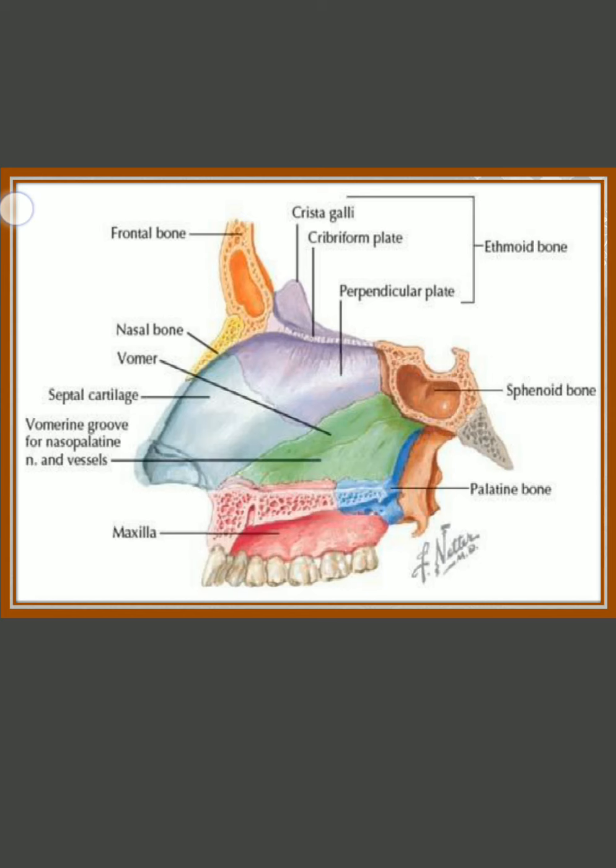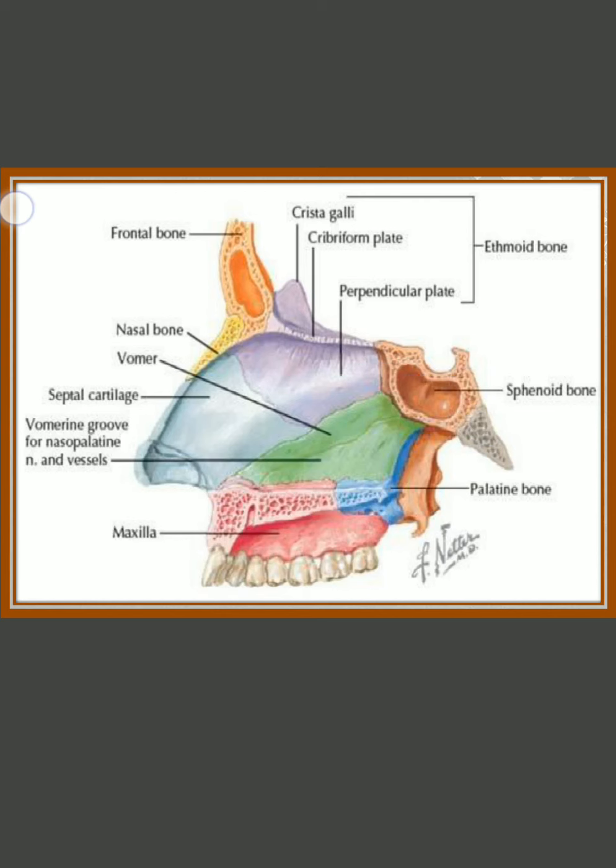Superior part is formed by the perpendicular plate of the ethmoid bone. This is the ethmoid bone. This total is the ethmoid bone and this is the perpendicular plate of the ethmoid bone, this violet color. So these two are the main bones and the remaining bones form the margin of the nasal septum. So one margin is formed by the nasal spine of the frontal bone. This orange is the frontal bone and this is the nasal spine of the frontal bone, this portion. On the back side this is the sphenoid bone and this is the rostrum of the sphenoid bone. This portion is the rostrum of the sphenoid bone.